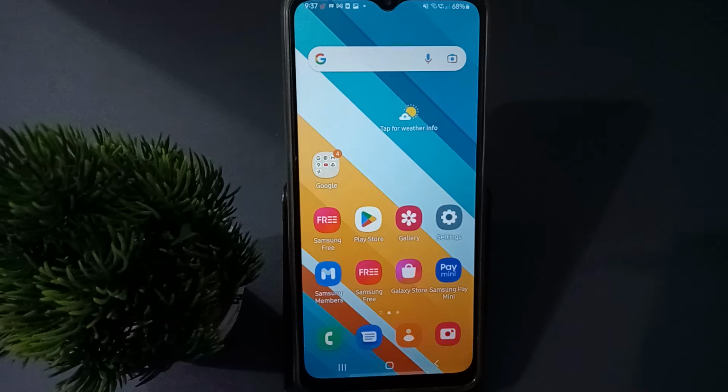Hello friends, today on this video I'm going to show you how to set home screen wallpaper on